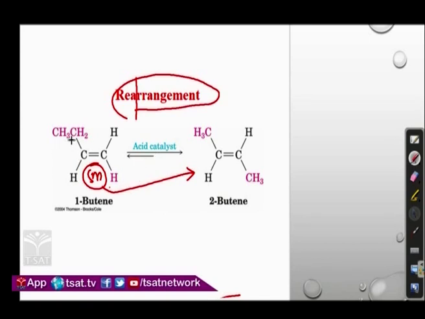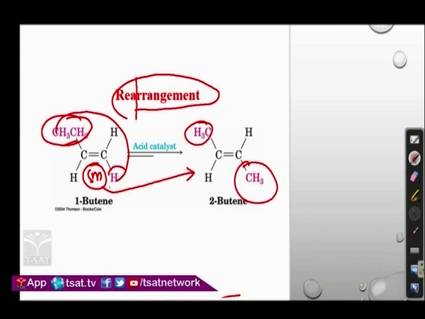Okay. So, if you observe, here an ethyl group is there, and from that ethyl, one methyl is shifted to this part. This is the rearrangement of the methyl group from one position to another position. There is no elimination, there is no addition. That type of reaction is said to be a rearrangement reaction. Generally, rearrangement reactions do not have any specific reagent. They may happen in the presence of an acid catalyst or through heating.